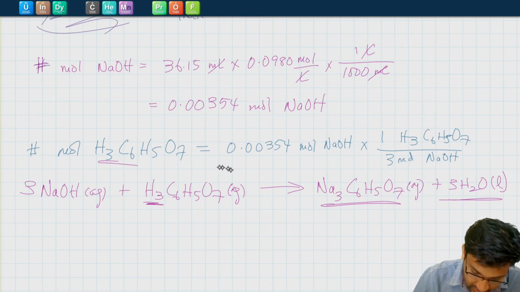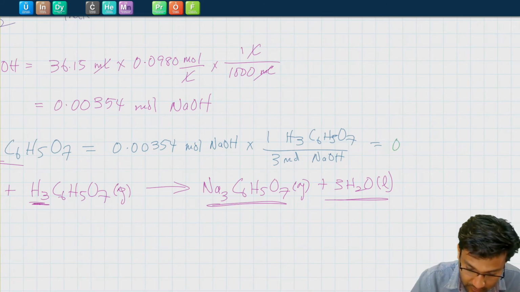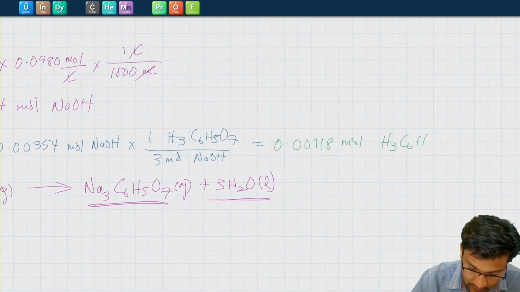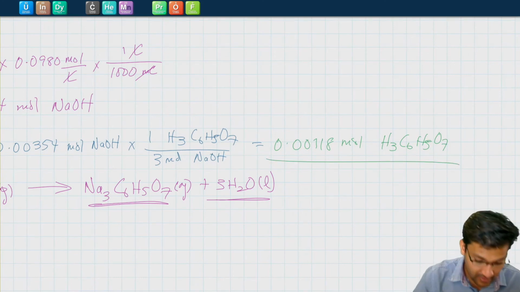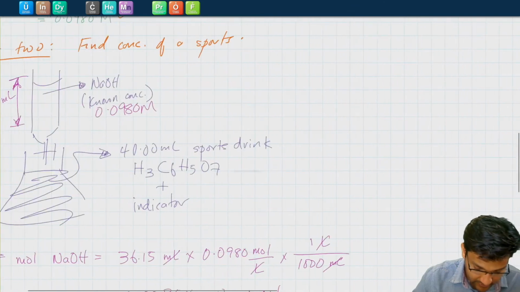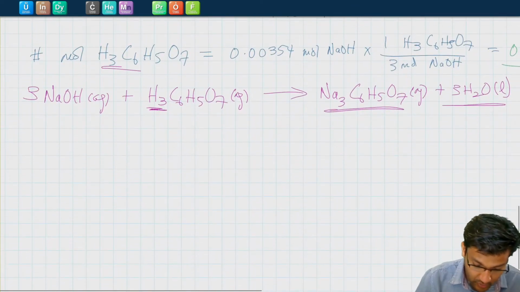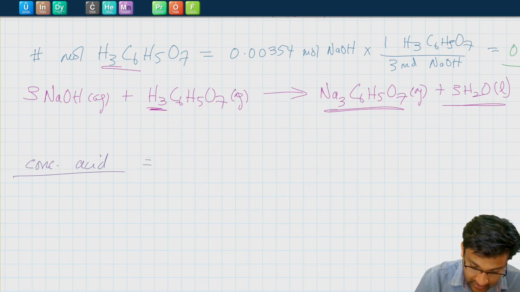So that means that our number of moles of acid would be 0.00354 divided by 3, which gives us 0.00118 moles of our acid. All right. Now that we know our moles of acid, we also knew how much volume of sports drink we had. So if we know the number of moles and the volume, we can find the concentration of acid in the sports drink, which will be number of moles,